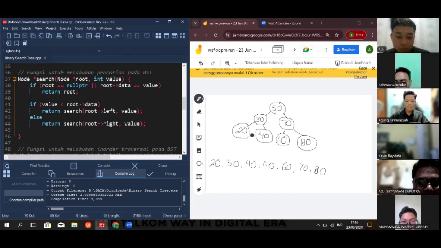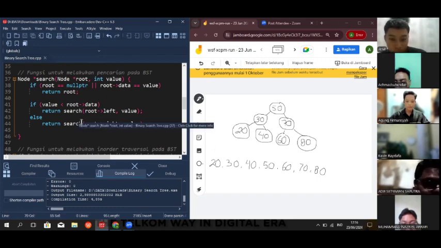Since the value is smaller than the root, run the left node statement. Then do recursion and the root moves to 30. And check again: the value 40 is greater than root 30. Then run the right node statement and do recursion for checking.